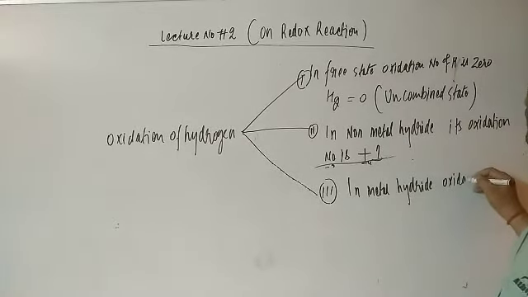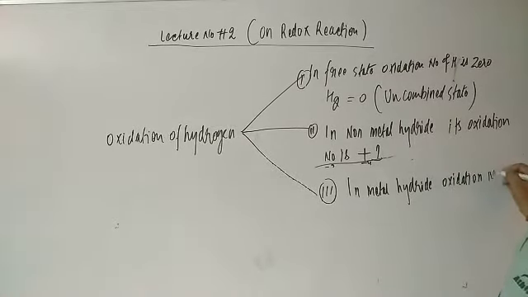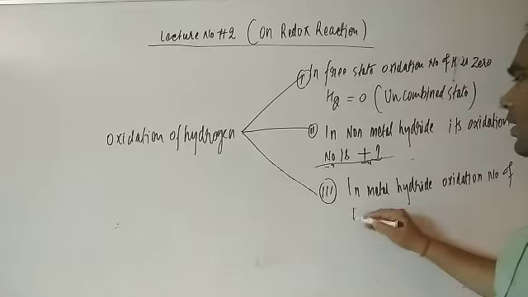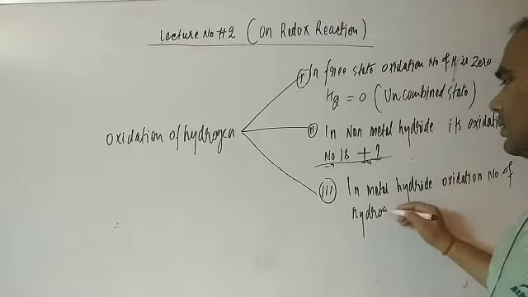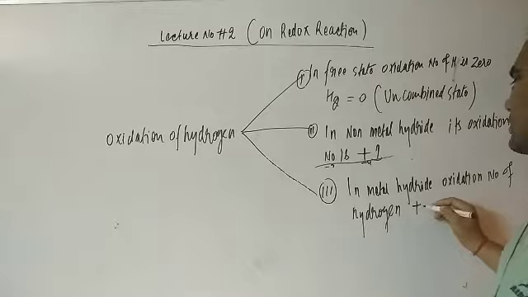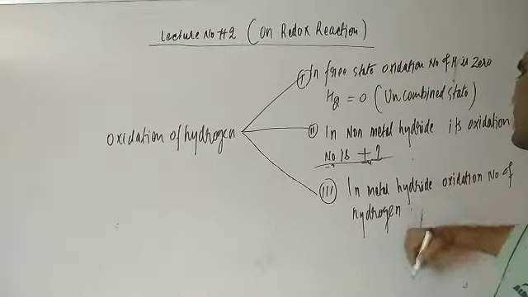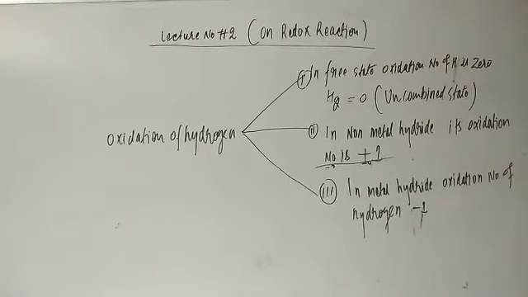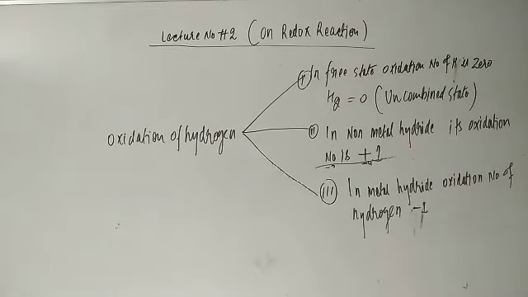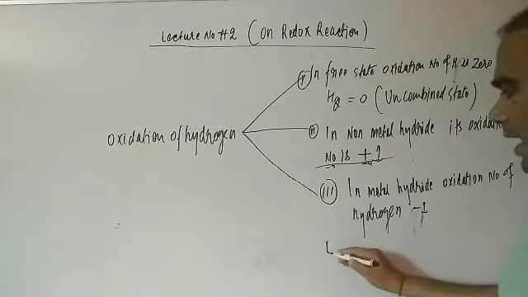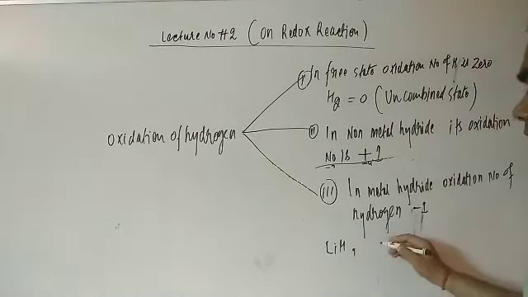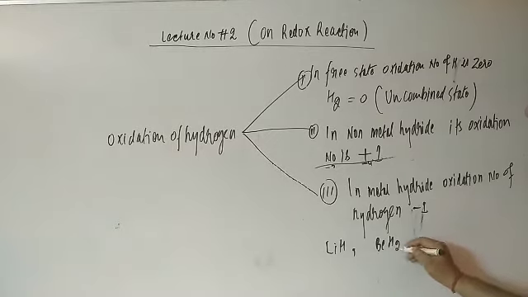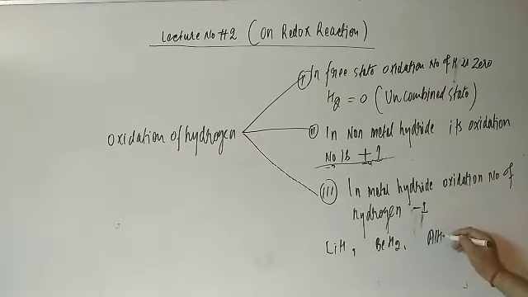oxidation number of hydrogen. How much is there, student? Hydrogen, it will come to be +1. This is hydride, it is -1. Dear student, in metal hydride, the oxidation number of hydrogen is how much, student? -1. For example, LiH, BeH2, AlH3,